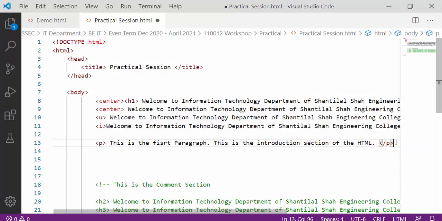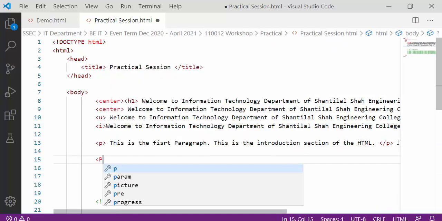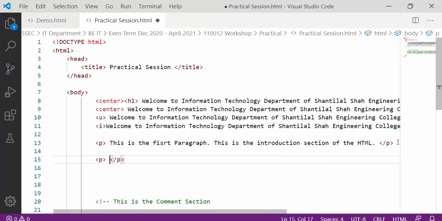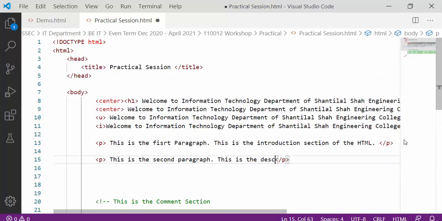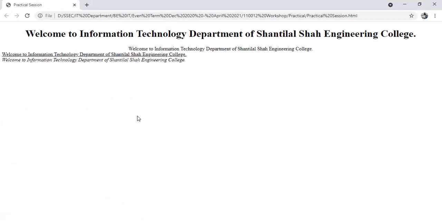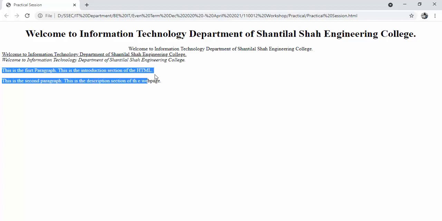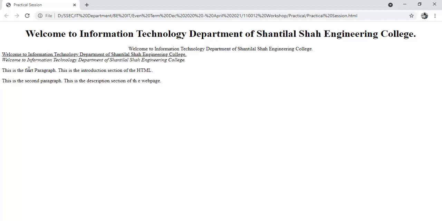And again I am using the P tag, and I am writing this is the second paragraph, this is the description section of the web page. Okay, so save it and go to the browser and refresh. Both the lines are starting with a new paragraph.